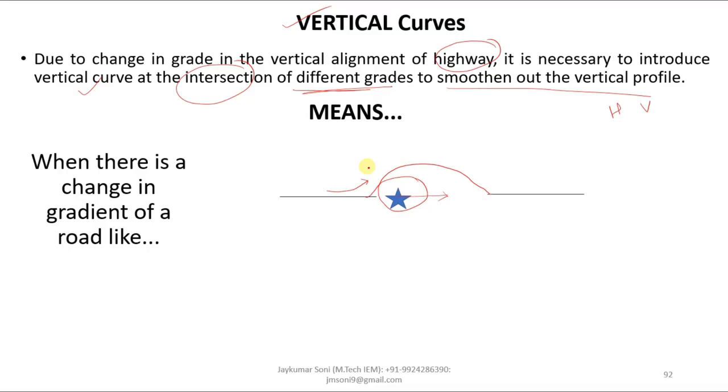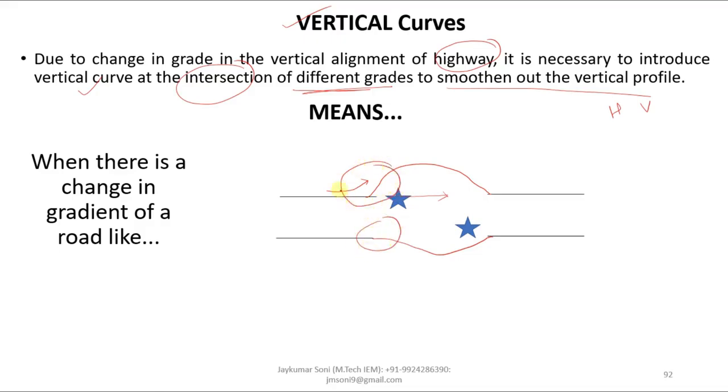The second type of case which can be observed is like this: this is the road and the obstruction is provided over here. So you provide the road like this, or in this scenario you have to provide the road like this. So this is the change in the gradient of the road. If the change is not provided, the passengers will have to suffer discomfort, and in order to remove the discomfort, one has to provide the vertical curve like this or this.